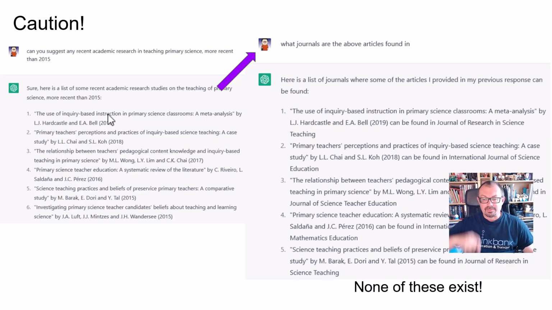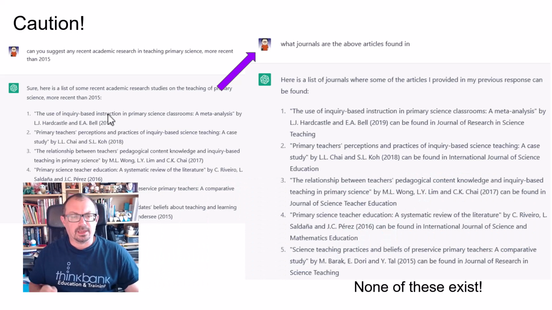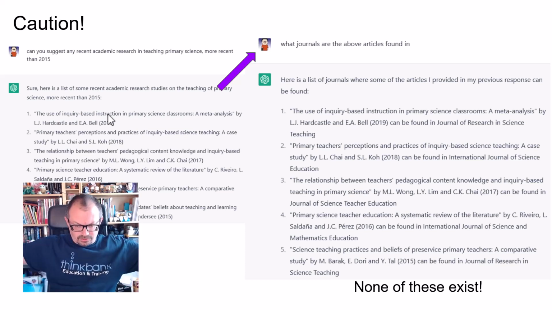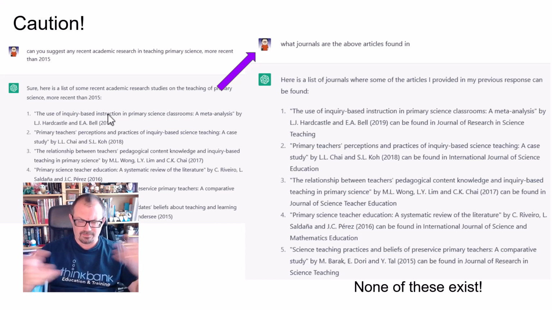Be aware, I said about wanting it to be my research buddy, and again I've got another video which I'll link up here about this one. ChatGPT is an amalgamation tool. It trawls the internet, or it trawls its knowledge banks. It's not actually connected to the internet, although version 4 is. This version isn't. It trawls its data bank of all this information and mashes it up together to match whatever question you're asking it to do. So if it's an essay, it's pulling information from lots of places.